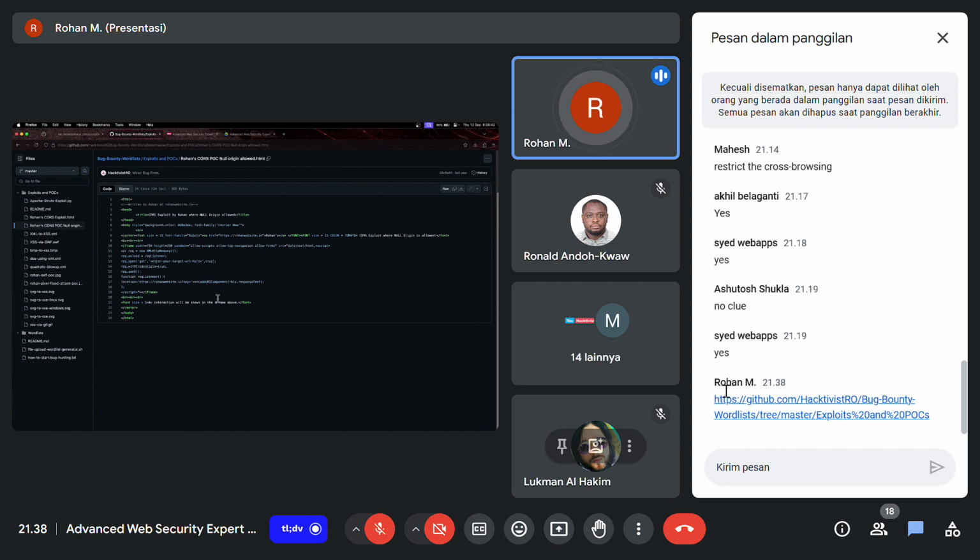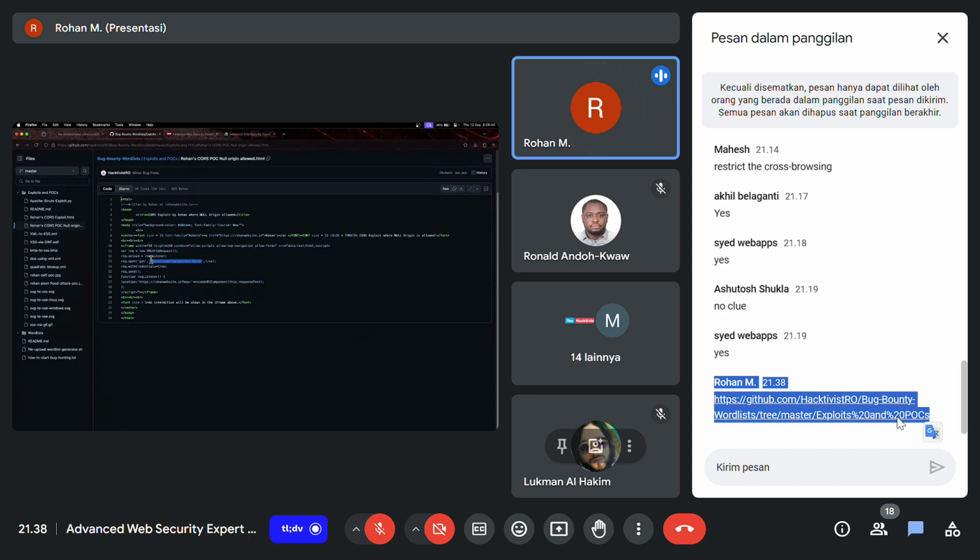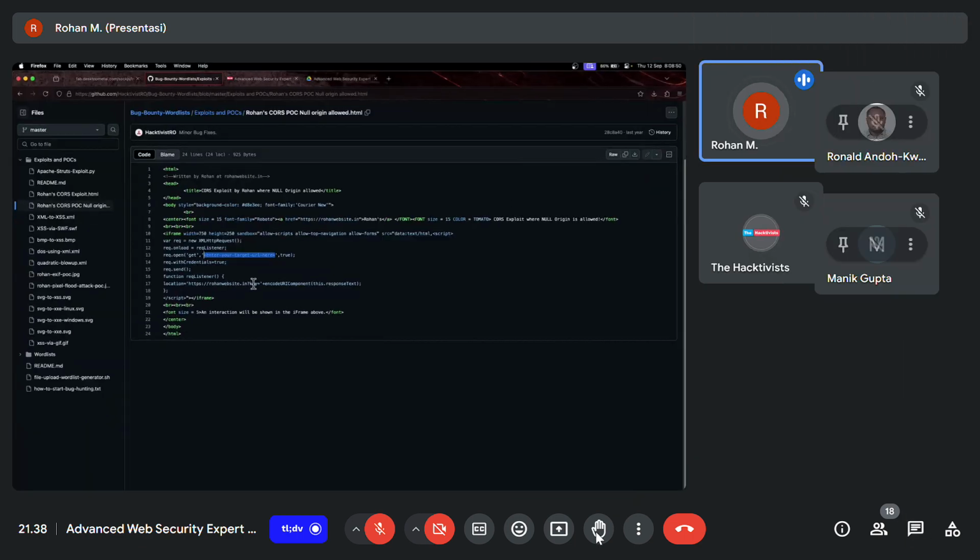Now, why does this work? How does this work? What is the key difference between the normal one and this null origin? This is what we will be discussing when we